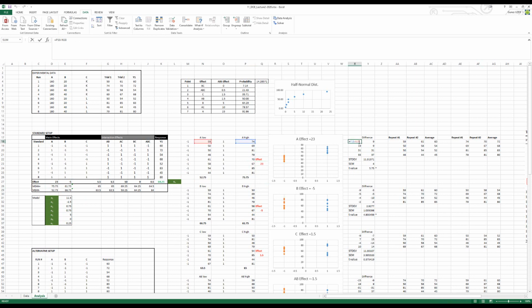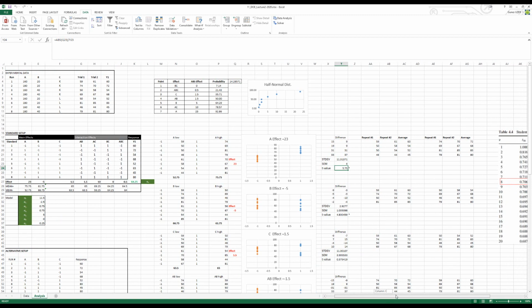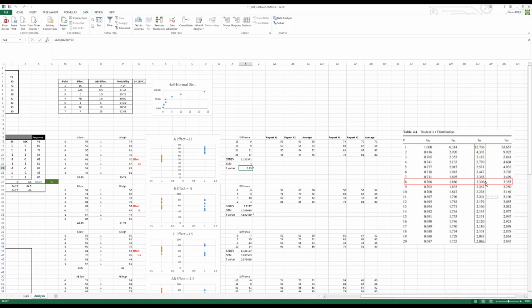For the t-test, I found the difference of these two, so I get the differences all figured out. And with these, I get my standard deviation, standard error, and the t-value, right, based on the example, and that gives us 5.75. It should be exactly the same. And I compared this against my t-critical, which is 2.3, right? It will be 8 degrees of freedom and